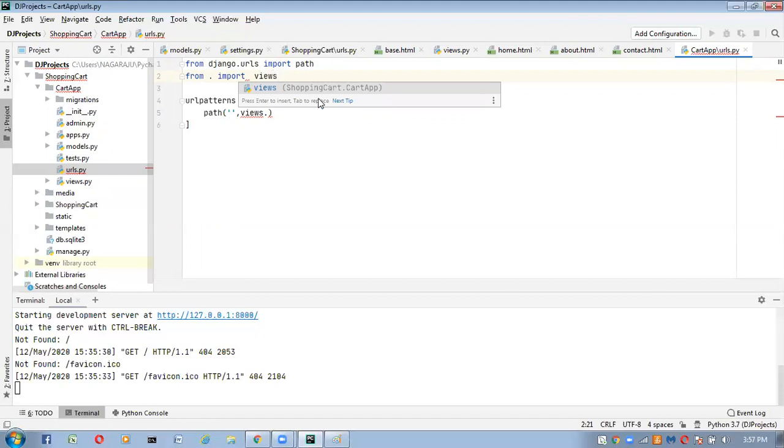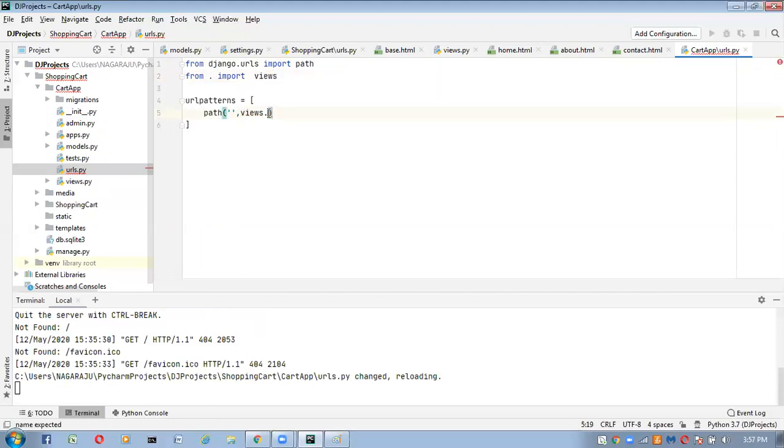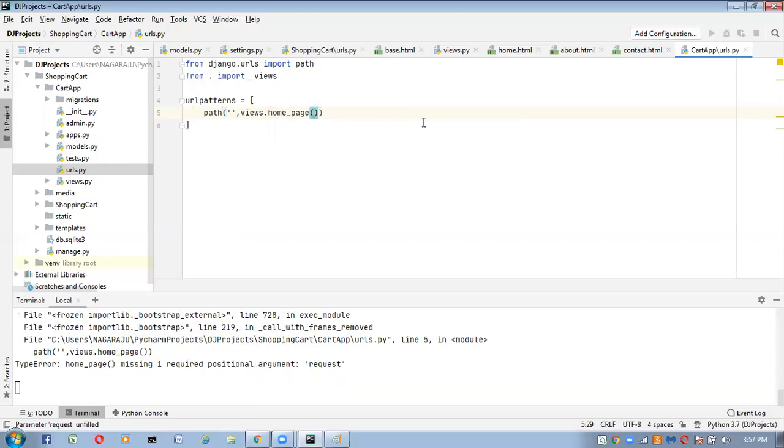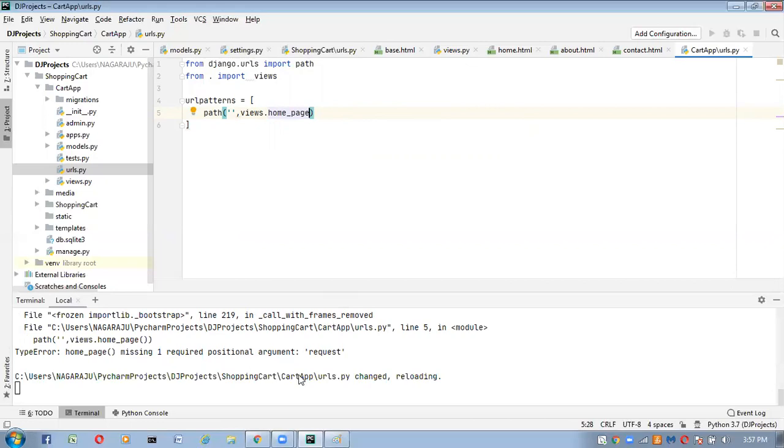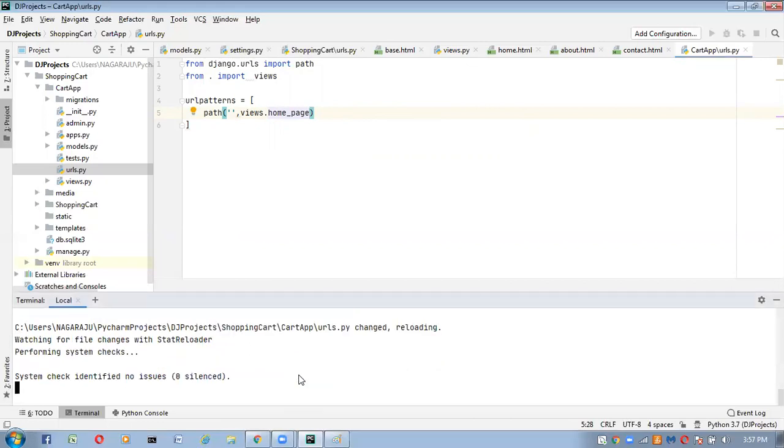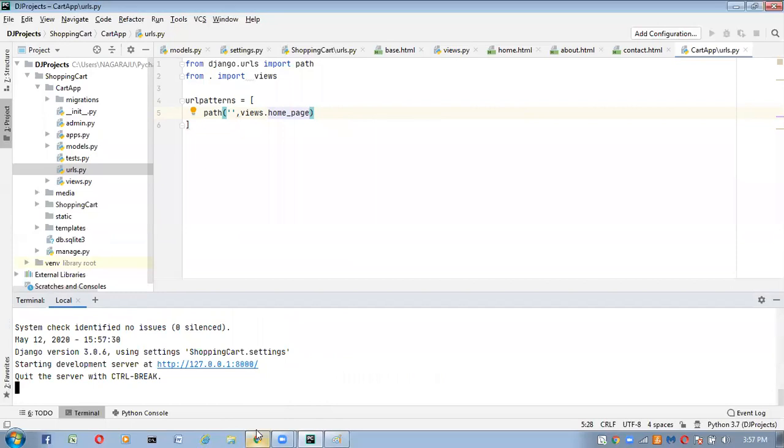Now here views dot home_page, I'm taking like this. Save this one. Now restart the server once. Server started. Now go to the browser.